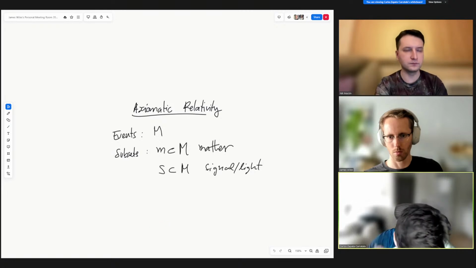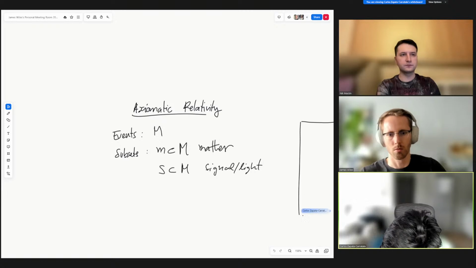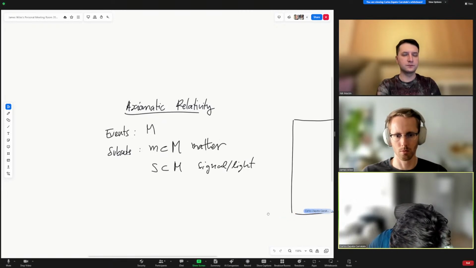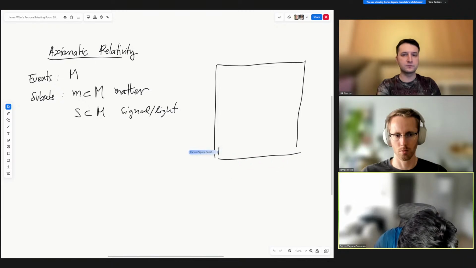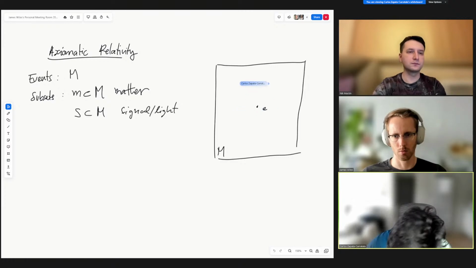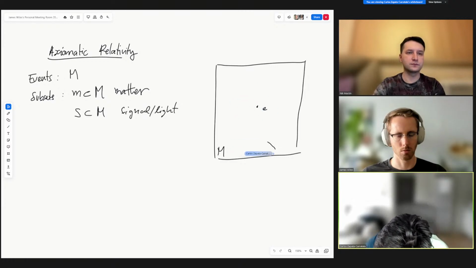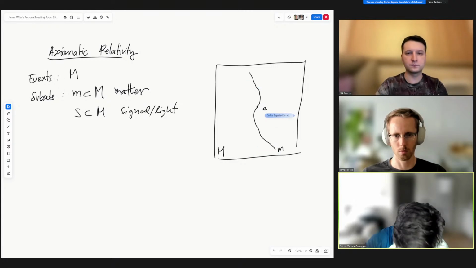I mean, this is going to be a very evocative picture, but you have to imagine that there's a bunch of set theoretic axioms to make sense of this in the background. So M is just a set. Given an event E, you might find some subset which is an M, and you might find some subset which is an S,